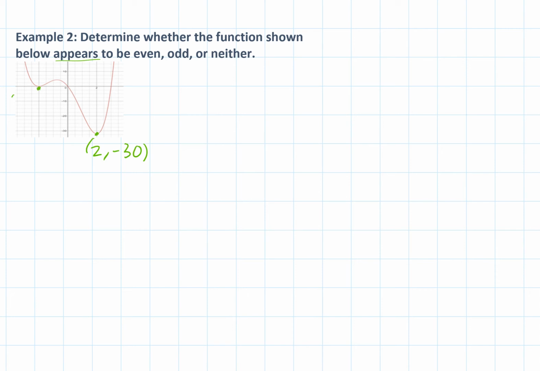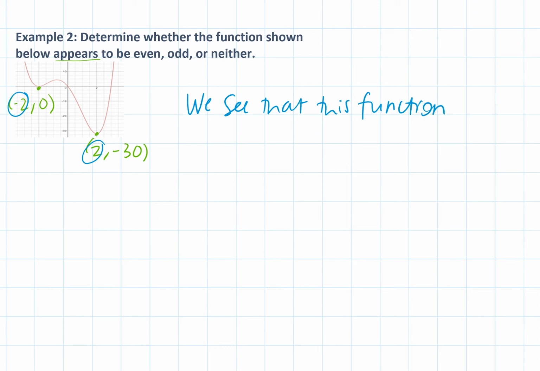And this appears to be the point approximately 2, 0. So we have opposite x values, 2 and -2, but negative 30 and 0, they're not the same number, and they're not opposite numbers. So we can say we see that this function, the function as a whole, is neither even nor odd,